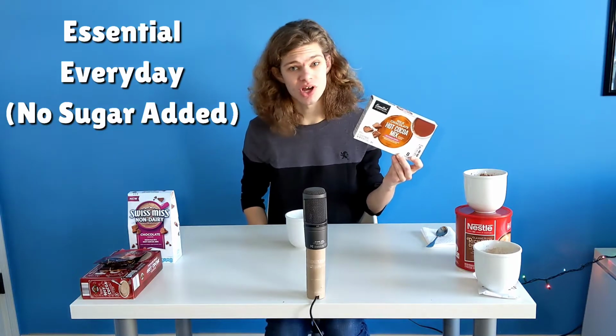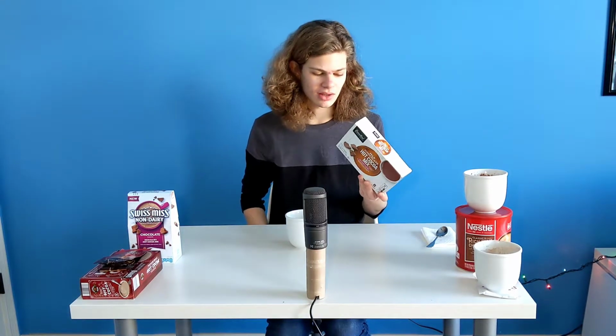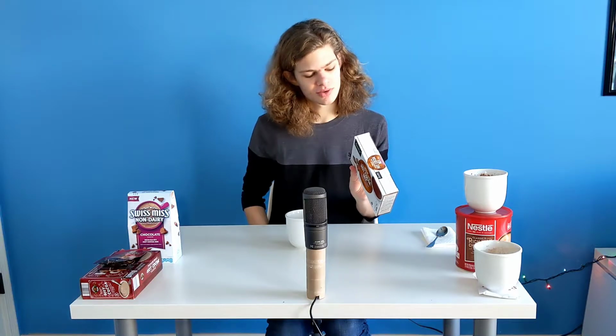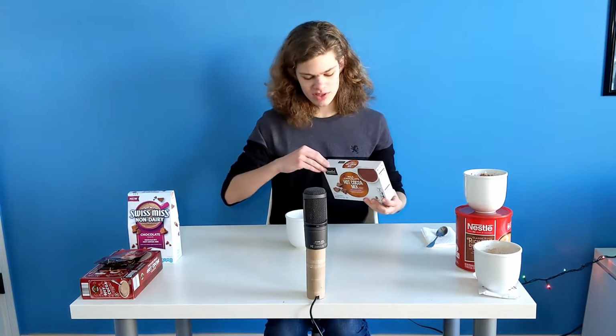Alright, next up, we are doing the Essential Everyday Milk Chocolate Hot Cocoa Mix. And this one is no sugar added. I thought this would be an interesting one to try. See if the no sugar added is actually bad. I'm assuming it's fake sugar. You have to have something. The total sugar 8. 0 grams of added sugars. Well, where did the sugar come from? That makes no sense. Okay, but the Essential Everyday,